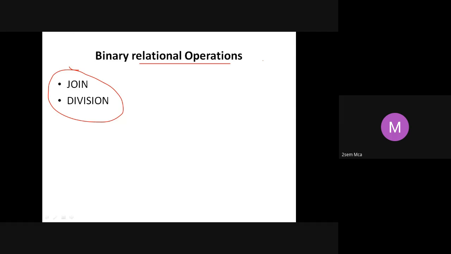Because join will come in whenever you have 2 tables which are related. Student and book were related, so we brought in a join. How did we bring in a join? We wrote queries like s dot usn is equal to book dot usn and s dot author is equal to a dot author. Those are all nothing but the equi joins that we used.